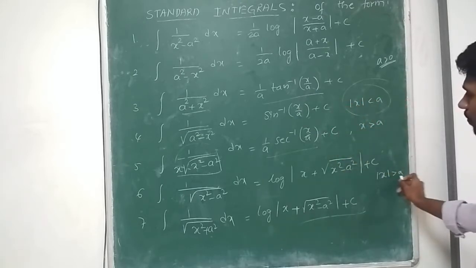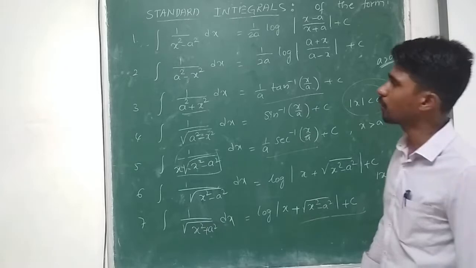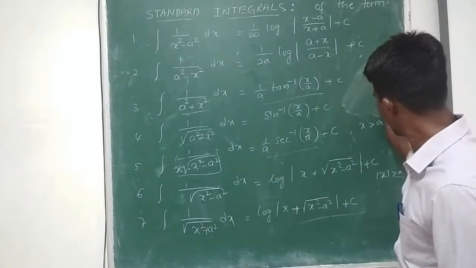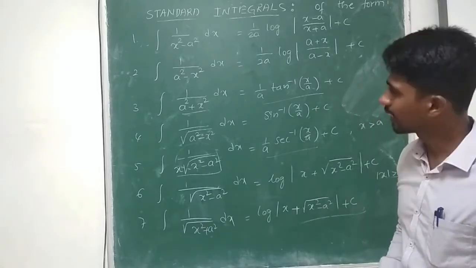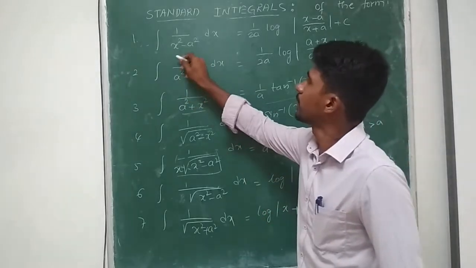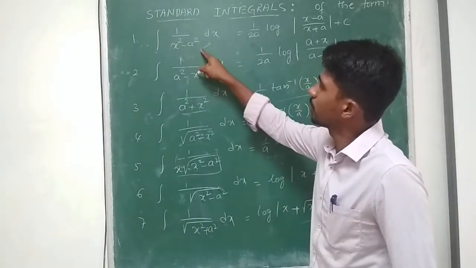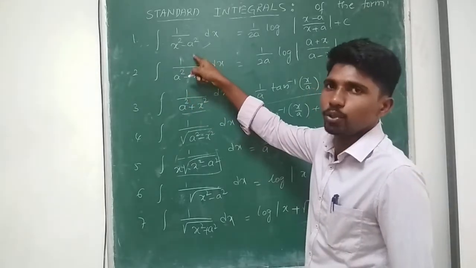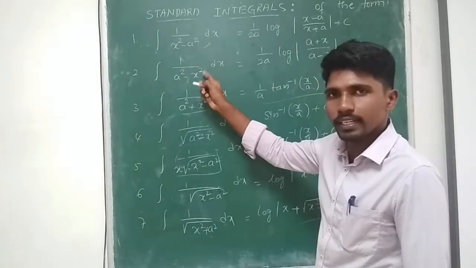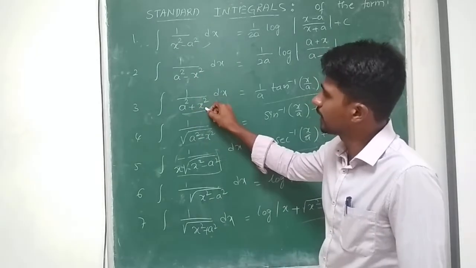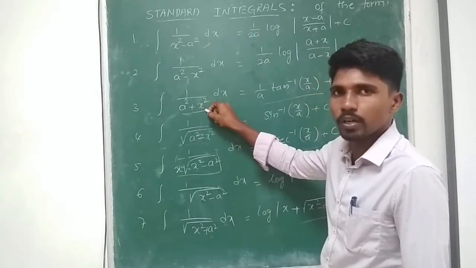Same way for all of these, right? So we derive these formulas. How do we get these things? Here itself, I can give some small suggestions. Like I have these particular formulas: 1 by x square minus a square, 1 by a square minus x square, which is nothing but x minus a into x plus a, minus x into a plus x. Okay, and coming to 1 by a square plus x square.